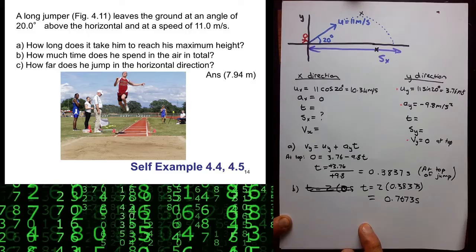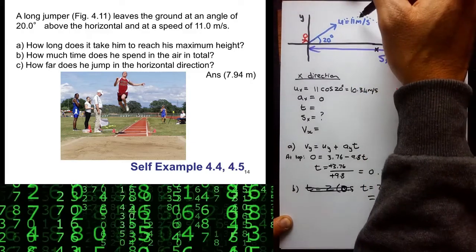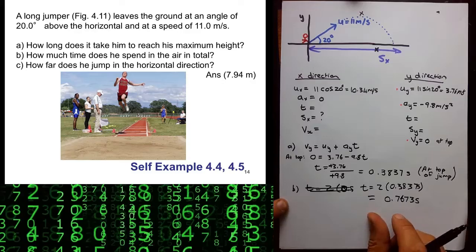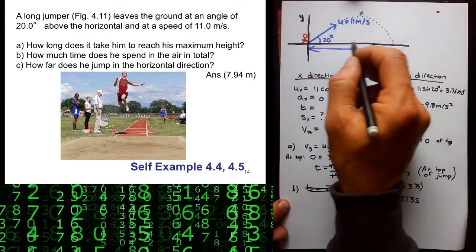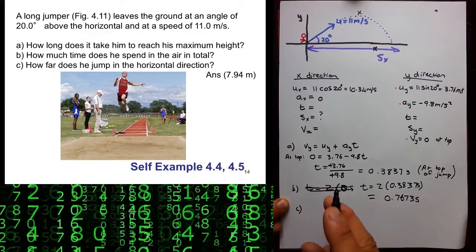For part C, we asked how far does he jump in the horizontal direction. So we know how long he spends in the air. The total time is 0.7673 seconds. If we want to know how far he jumps in the horizontal position, then we need to use an equation applying to the horizontal position. And the equation that we use is Sx, the distance traveled in the x direction, is equal to uxt